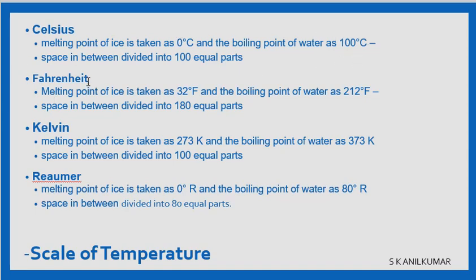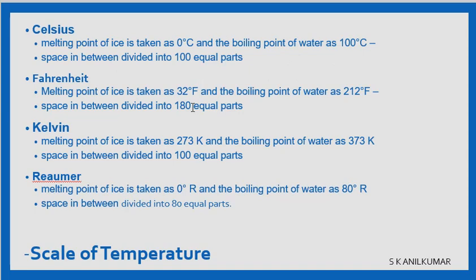Now what is Fahrenheit? In Fahrenheit, the melting point of ice is taken as 32 degree Fahrenheit. Water becomes ice at 32 degree Fahrenheit, and water boils and becomes vapor at 212 degree Fahrenheit. The gap from 32 degree Fahrenheit to 212 degree Fahrenheit is divided into 180 parts. Fahrenheit is measured in 180. That is why when you have a fever and try to measure with a clinical thermometer in a hospital, in degree Celsius you will have around 32 to 37 degree centigrade, while in Fahrenheit you will have 99 to 100